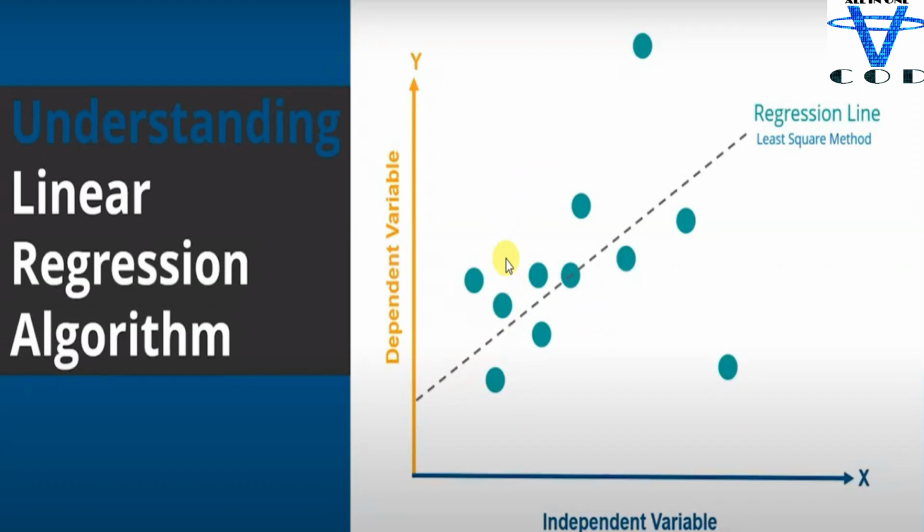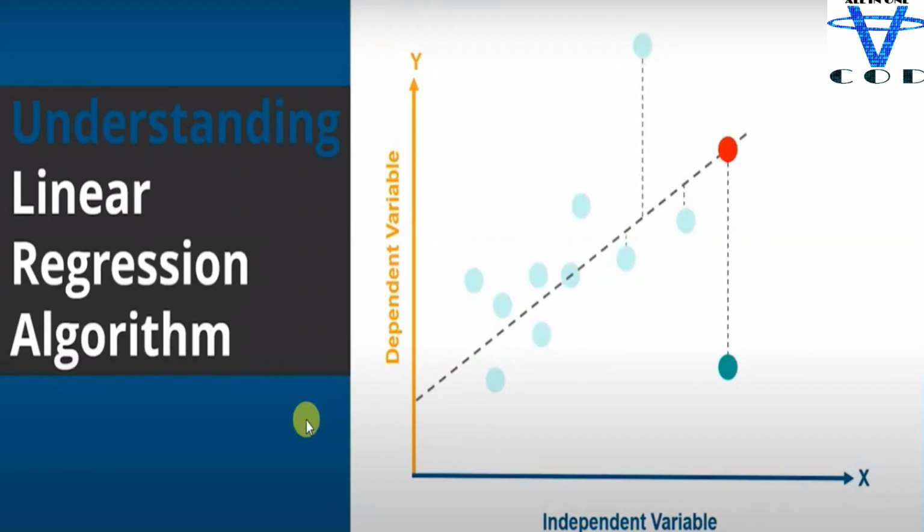Let's say x is 1 and y is 2. So x is 1 here and y is 2 here, and here we just created one dot. The value of this dot is 1 comma 2. That's how I created all of these dots. Now what we want to do is reduce this distance. Let's say this is our linear regression line and we want to reduce this distance. You can see this dot is too far from the linear regression line, so we want to reduce this distance so we can create the linear regression.